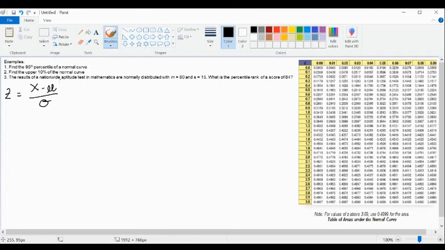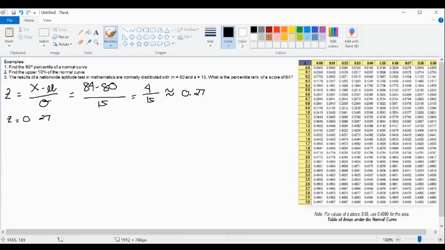In the given problem, our random variable will be 84 minus your mean, which is 80, over your standard deviation of 15, which will give us an answer of 4 over 15, which is approximately equal to 0.27. Okay, so we're going to locate 0.27 on our